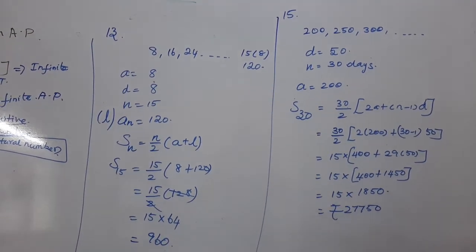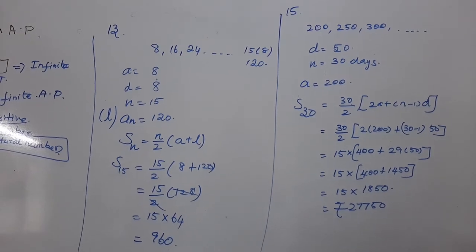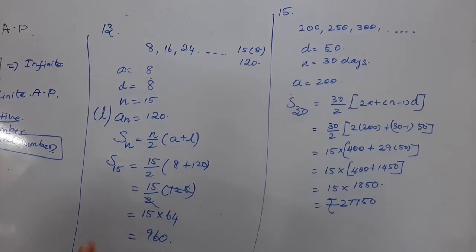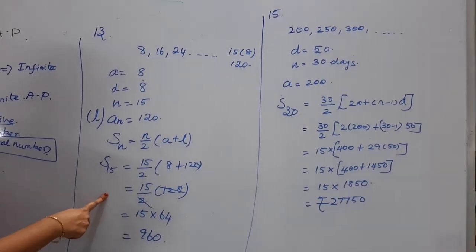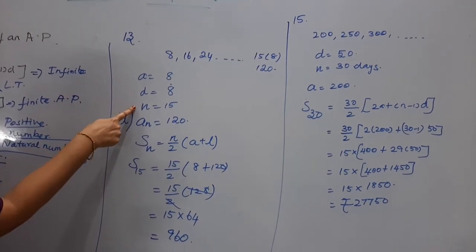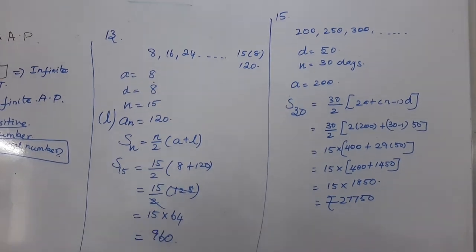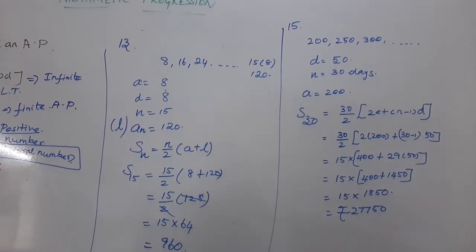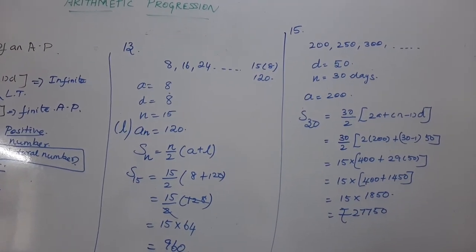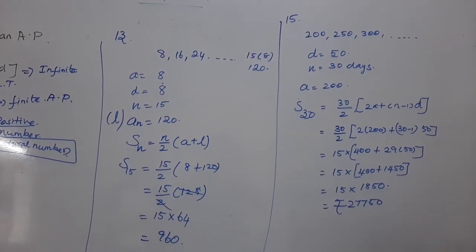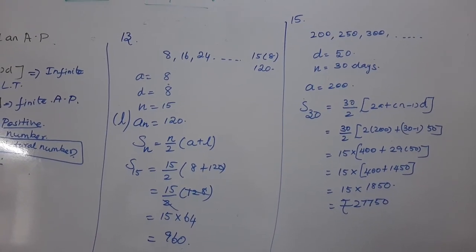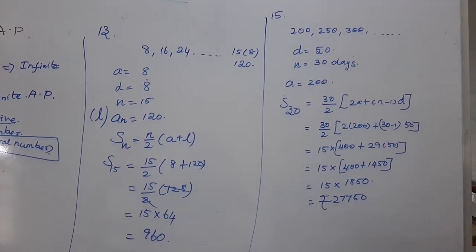Children, we need to concentrate on the word sums in this particular exercise. The first method of word sum is a single statement from which we need to find a, d and n, and then we go for the S_n formula. The second type of sum is a complete story sum. The story itself narrates what the series is, what a is, what d is, what n is, everything. Simply substitute the values in the S_n formula to find the total.